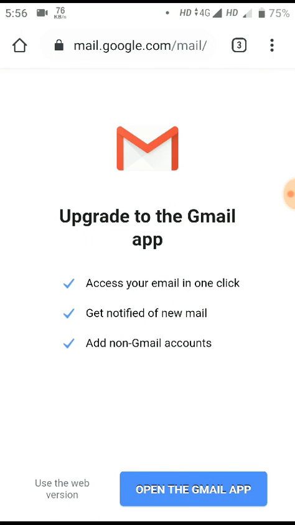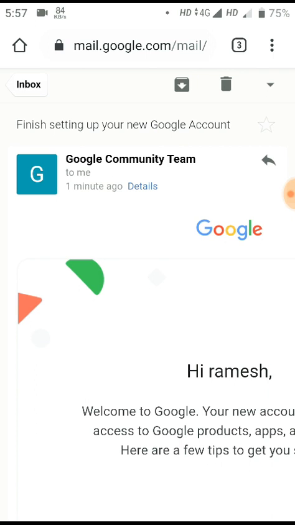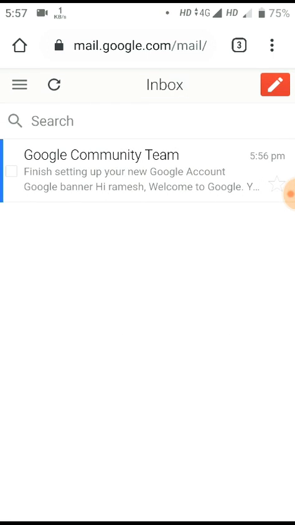Now I am opening Gmail, and there are two options: open in the Gmail app and use the web version. I am using the web version. So this is our email, and this is the first mail I am getting. Students, one thing I want to tell you: whenever you send your email ID to the teachers, the teacher will send a link to that Gmail ID as well.